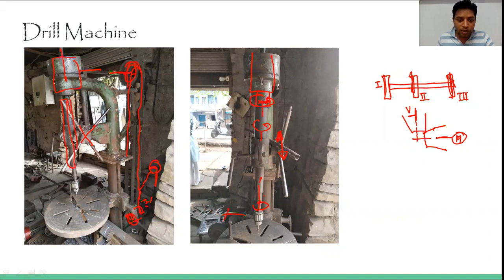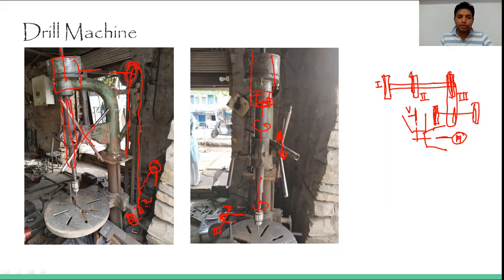Now again there is a three-pulley combination on a shaft. Over this shaft, one is this pulley, second this one, and third this one. The belt coming over this shaft is connected with the second pulley. This is the third one and this is the second one. So this is mounted with this one. What is mounted on this is not exactly a pulley, this is basically a grinding wheel.